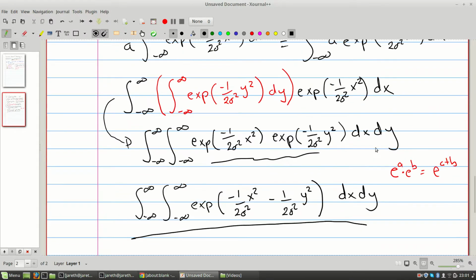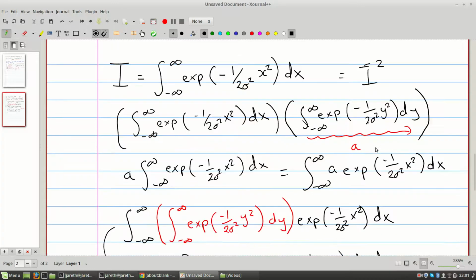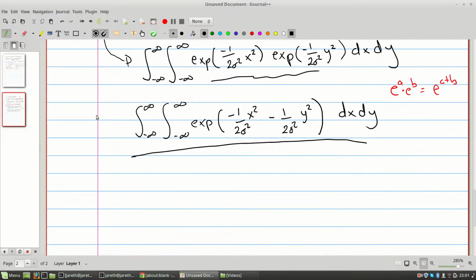So now that we've gone through this, by multiplying this, we have established that this should be equal to I squared, right? If we want to compute I squared, we have to actually do something like this. Now that this is established, the next thing we need to do is look at polar coordinates. We need to convert these coordinates to what we call polar coordinates,